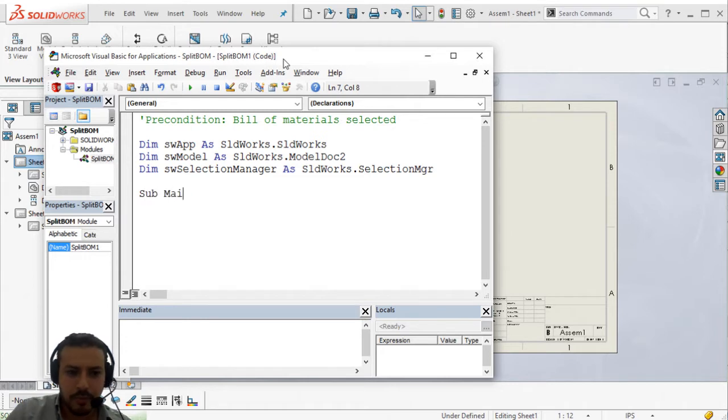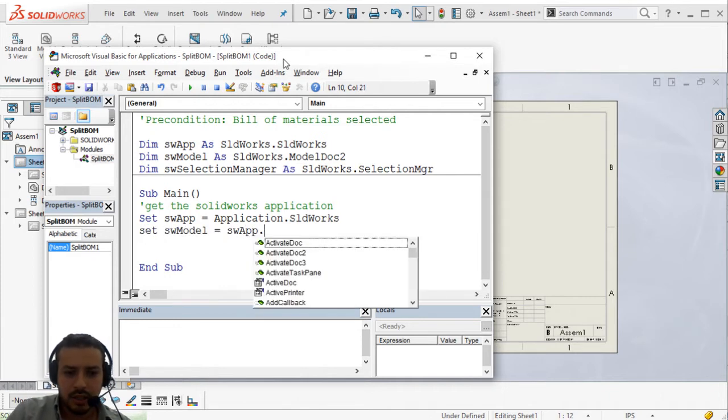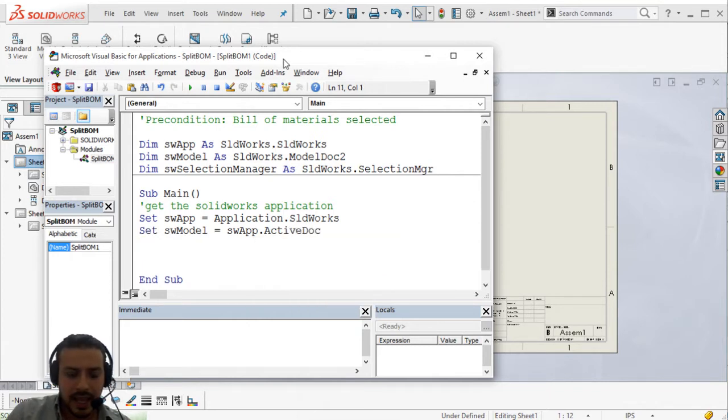So let's jump to the main subroutine, and let's get the SOLIDWORKS application. So that's Set SW_app equal to Application.SldWorks, and then Set SW_model equal to SW_app.ActiveDoc, and then we'll set the selection manager. So that will be SW_selection_manager equal to SW_model